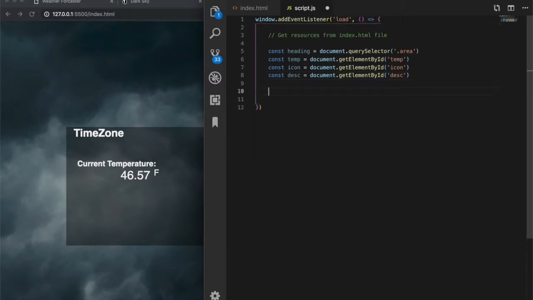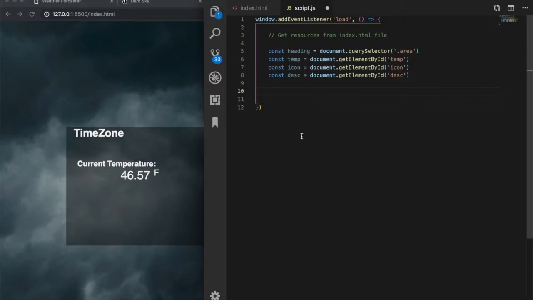Okay, so now that we got the resources we need from the HTML page, we might need a few more along the way, but right now that suffices. Let's go ahead and